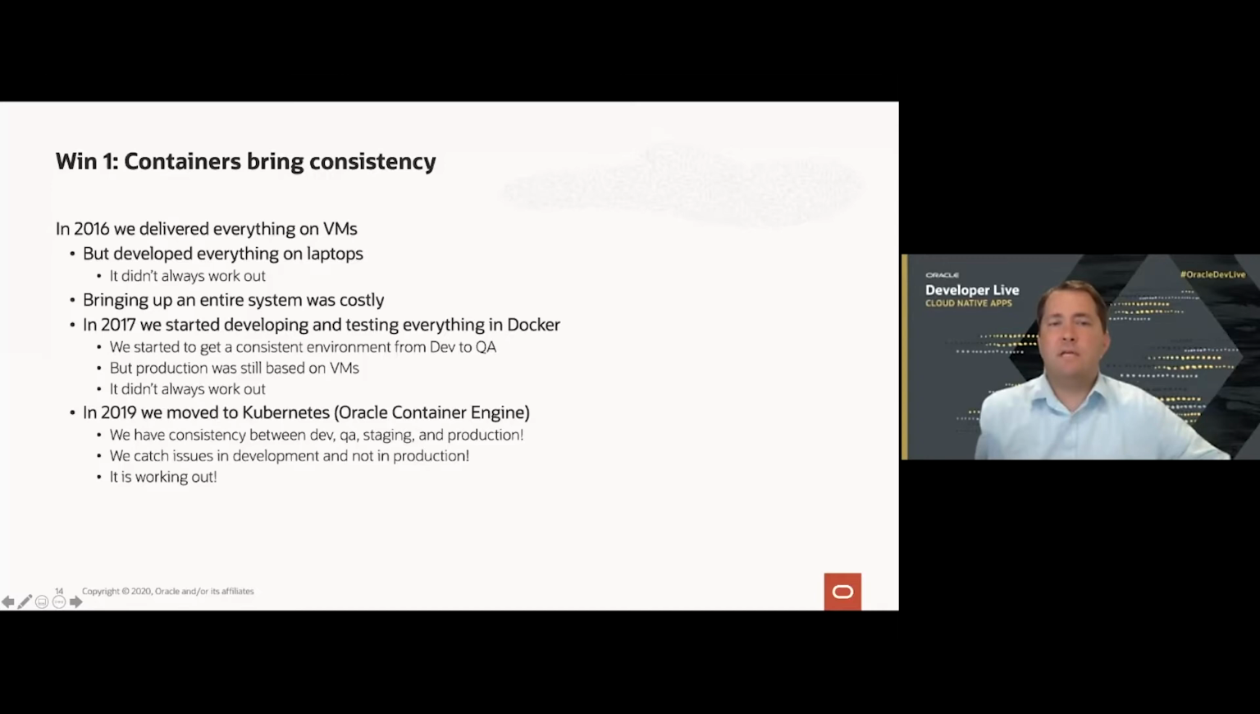So in 2017, we started developing and testing everything in Docker. We still had production-based systems that were based on virtual machines, but we did start to get consistent environments for our dev and QA. So we could replicate the experience, at least at that level. But it didn't always work out for the same reason that it didn't before. Our production environment was different from our development environment, enough that there were issues that we would run into in production, and then developers would have to come in and try to figure out what was going on,